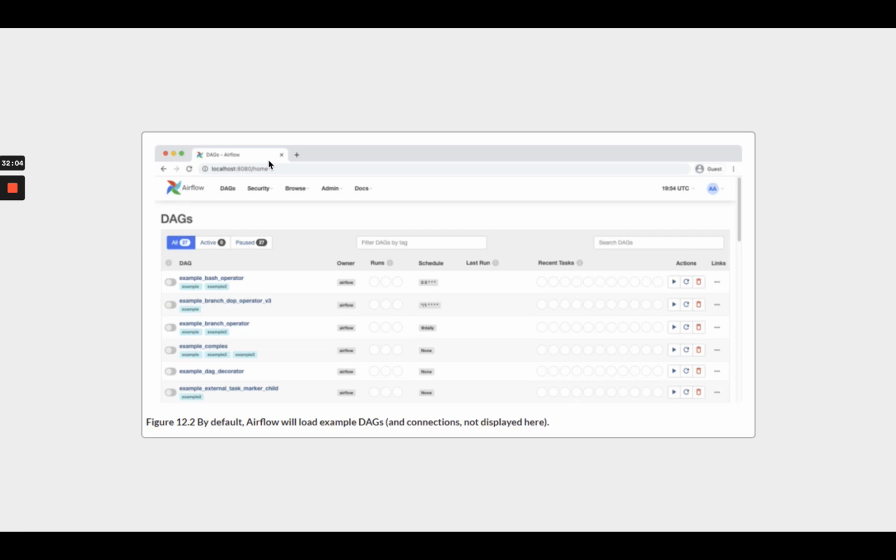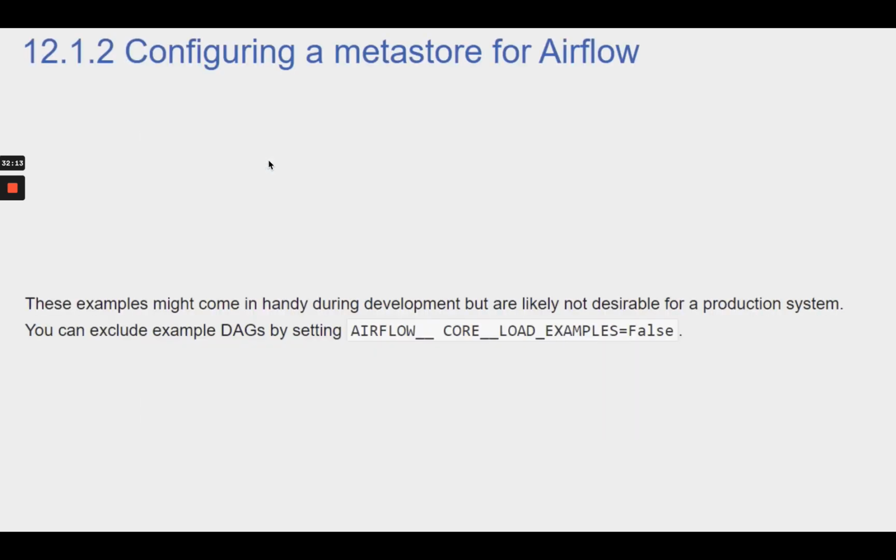When opening the web server on this link, you will see many example DAGs and connections, figure 12.2. These examples might come in handy during development, but are likely not desirable for a production system. You can exclude example DAGs by setting